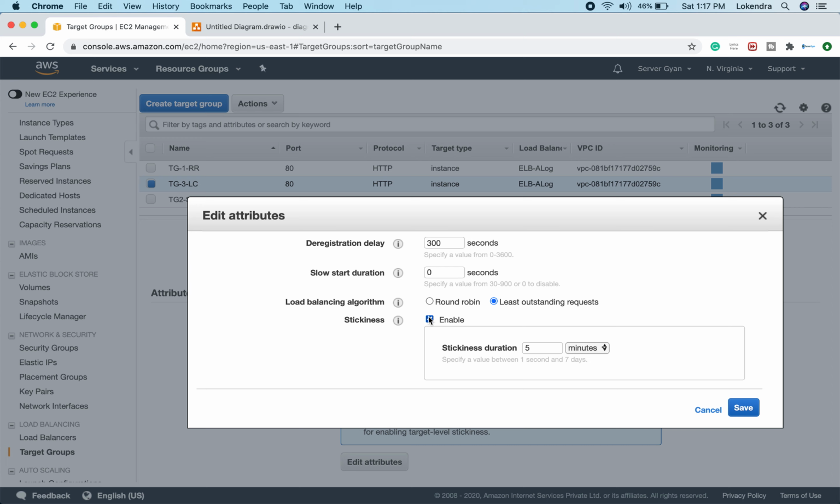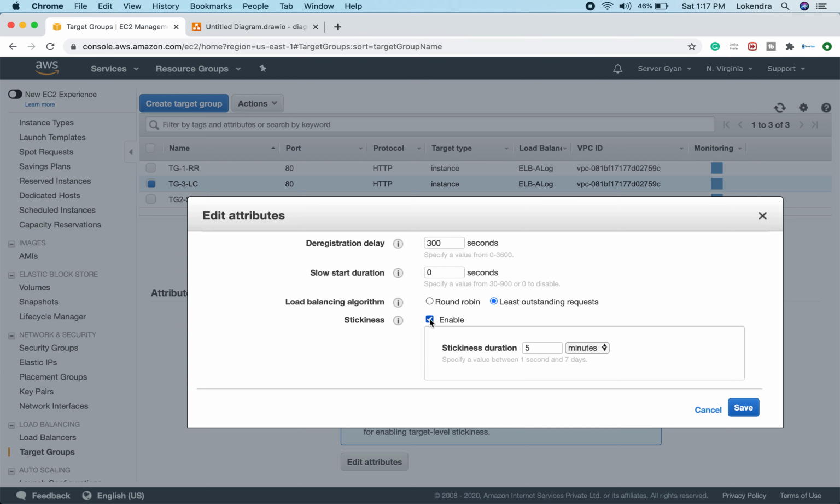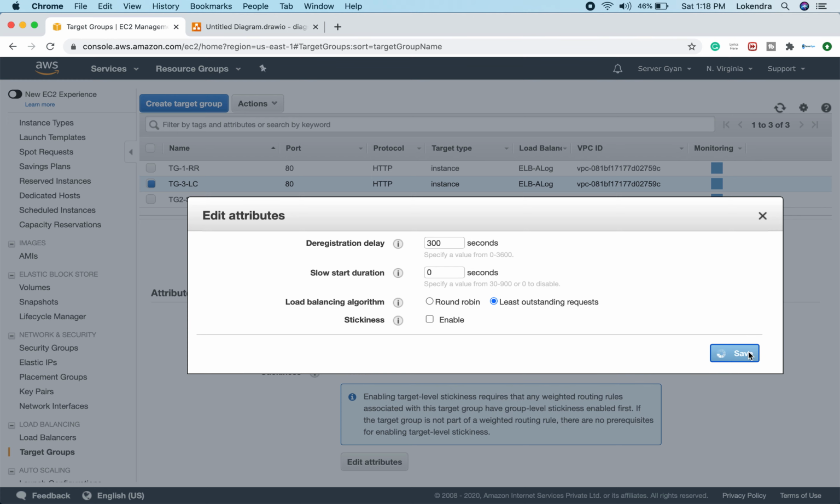So sticky session can be enabled with round robin or with least connection. So there are two options, either round robin or least connection. These are radio buttons, and we can enable sticky session with either of them, round robin or least connection. So guys, we need to keep in mind, if we have least connection and sticky session, that is one additional option we can enable based on time and all. Fine, so I'm not going to enable that.